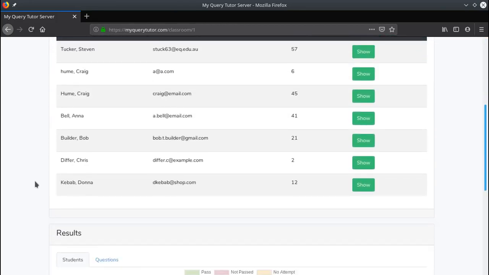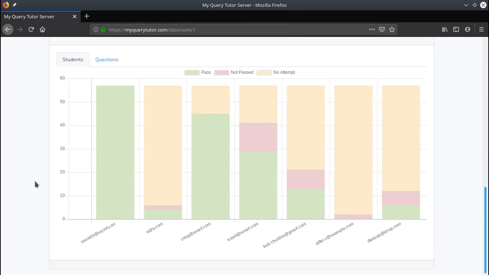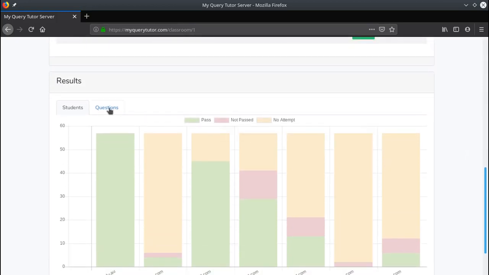And from this classroom dashboard, if I scroll down to the bottom, you can see some graphs here that make analyzing your student progress really simple. So here along the bottom we have each student, and if you have 30 students then these columns will be a bit thinner, probably about a quarter of the size, and you'll have a scroll bar up here so you can scroll through them all. So at a glance I can see that this account here has passed 57 of the questions. This account here has only passed 4, has attempted 2 but failed, and has 51 questions that they have not attempted. And just by mousing over I can see instantly the progress of each student. If I click on this questions tab,